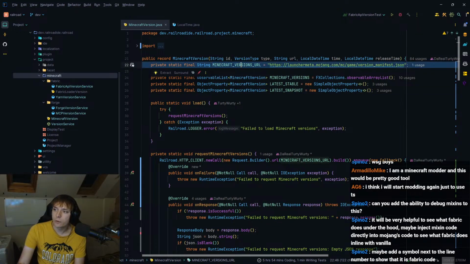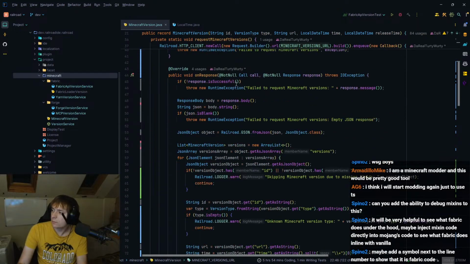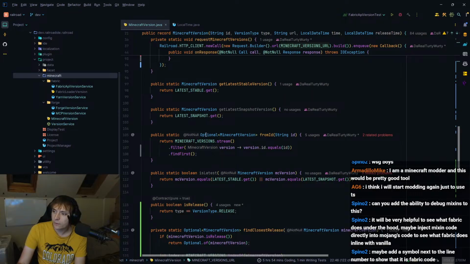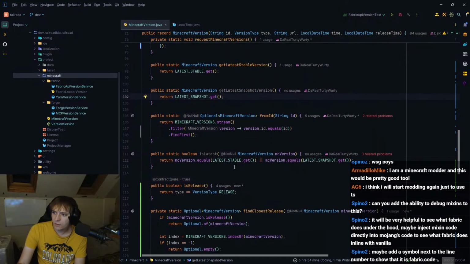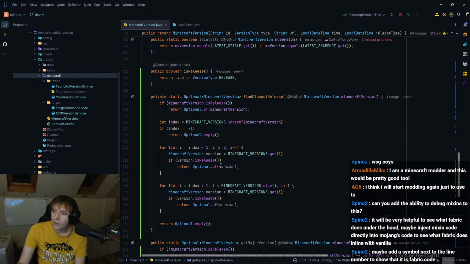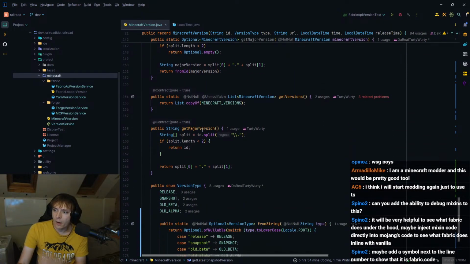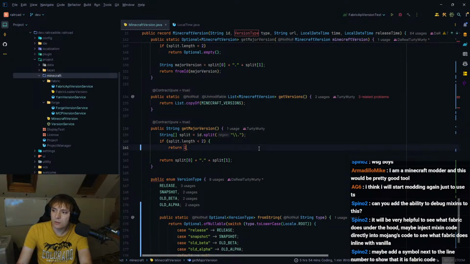Things like these URLs I need to put into a class, but that's fine for now. Latest snapshot version is fine. What does this do? Get major version. See, this isn't going to work.